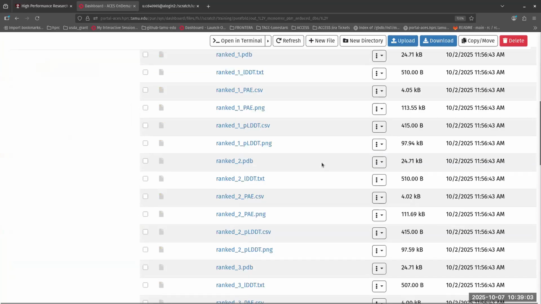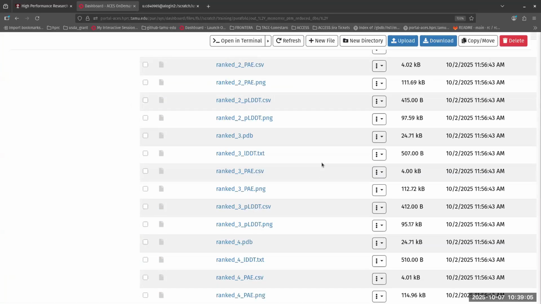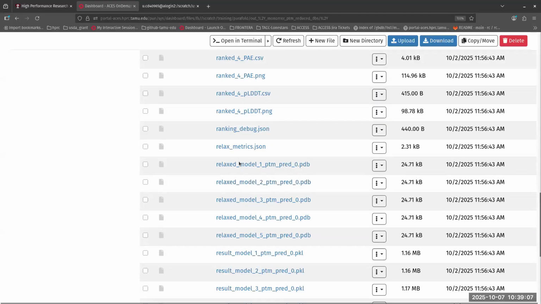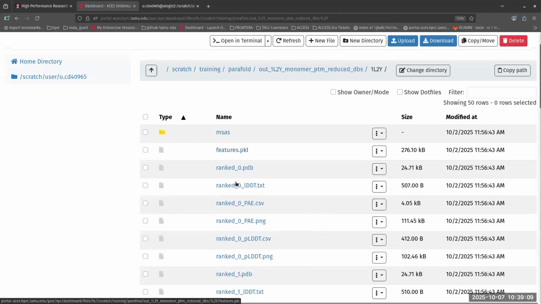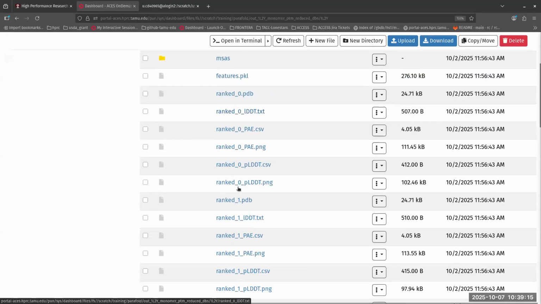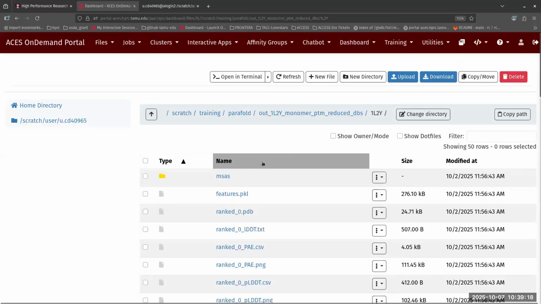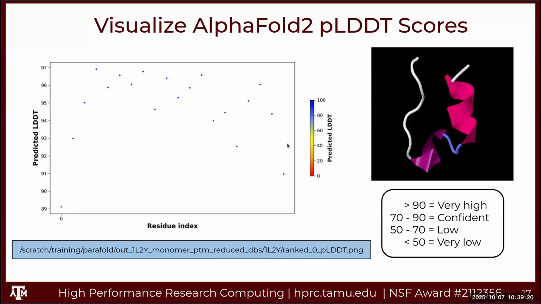There are 5 different models that are used, and they are ranked from, actually the ranking starts at 0. So 0 is the top ranked model. 1, 2, 3, 4. This is based on score. I'll show you that in a little bit. So let's look for ranked 0